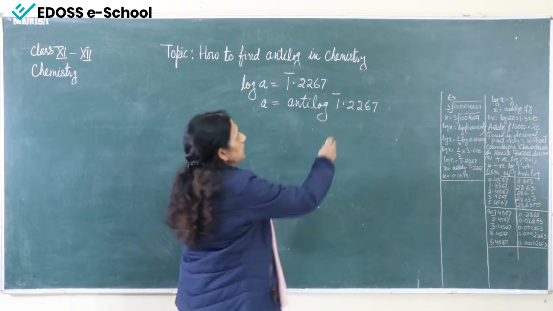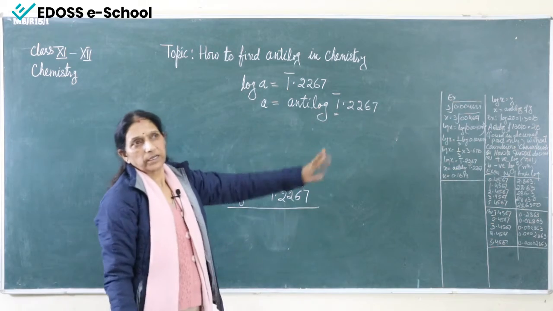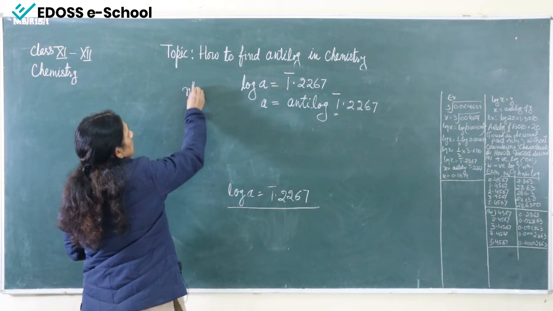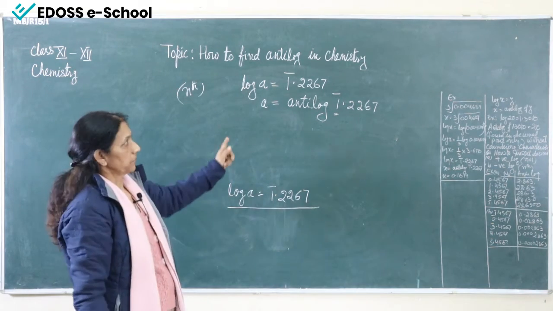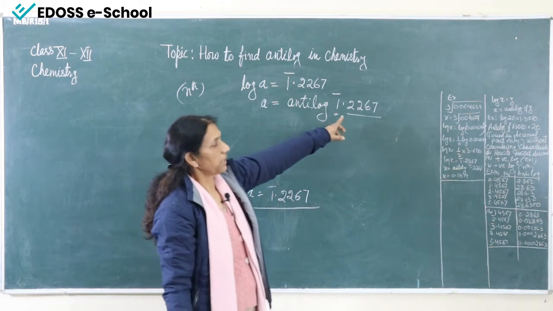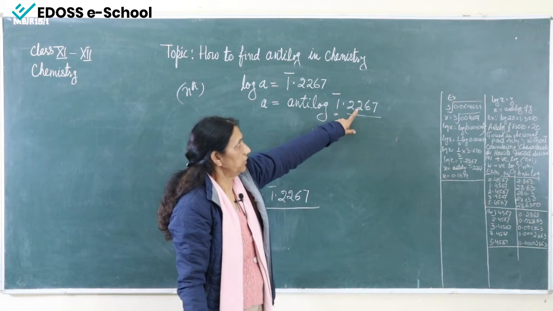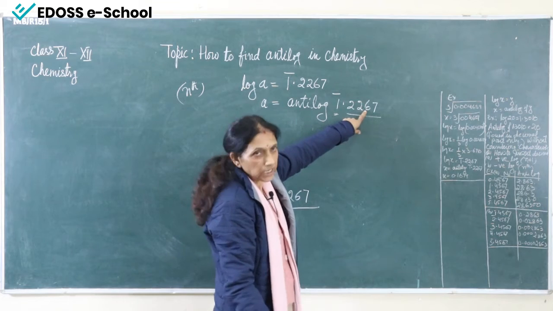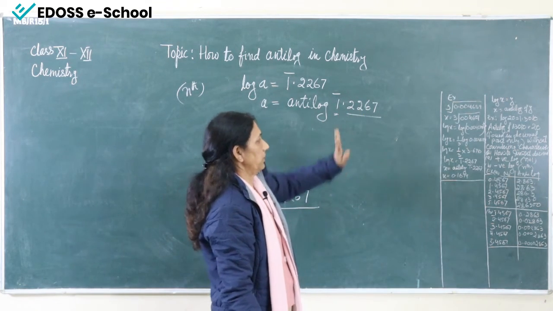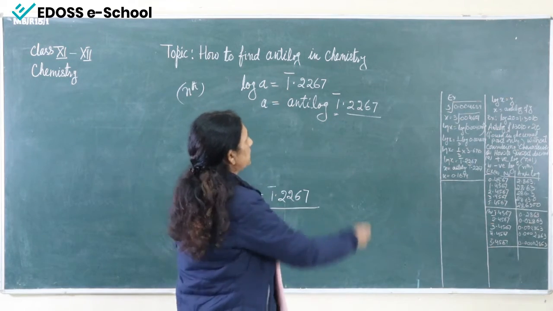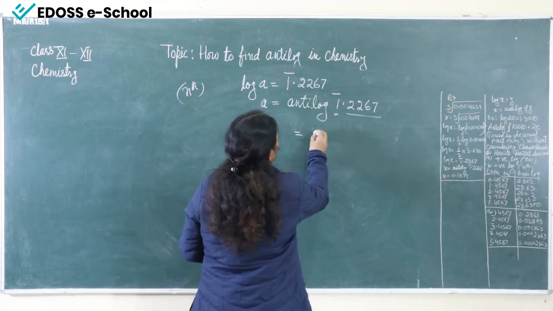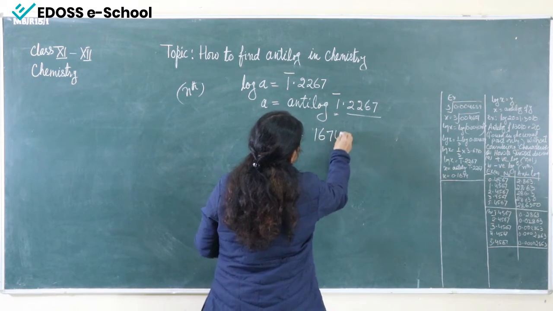Now, this portion we have to solve. Now, we can say that the number is negative. So, we will apply second law, that is nth place. Okay. So, first of all, what we will do? We will, with the help of the anti-log table, find the value of 22 at 6, and then we will add mean difference of 7. So, after seeing it, the value that we will get, it will be 1674.